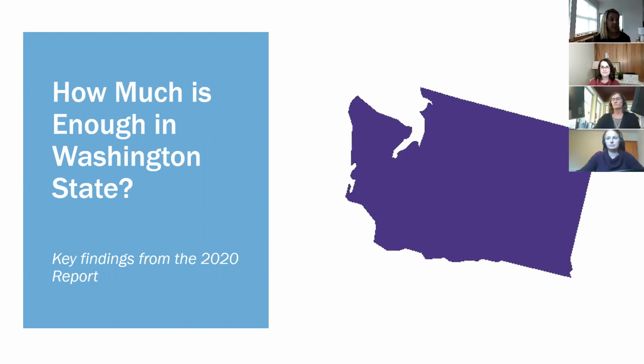So before we dive into the key findings from the Washington State report, I just want to do a quick interactive project and have people answer some questions that I've broached in the next 3 slides. I have 3 questions. 2 of them are multiple choice and 1 of them is open-ended. And I just ask that everyone reply in the chat function. So just put to everyone and then reply, and then I'll monitor them as we start walking through. This is just to get people thinking about what it actually takes for families to meet costs across Washington State.